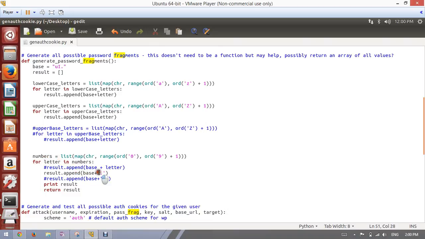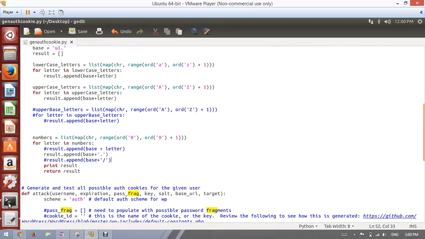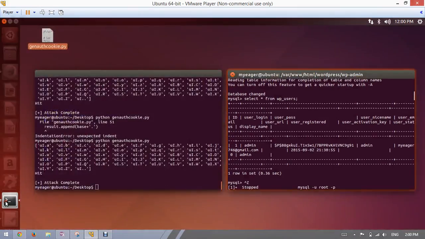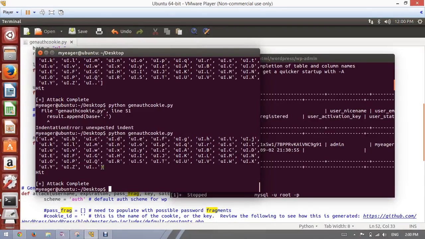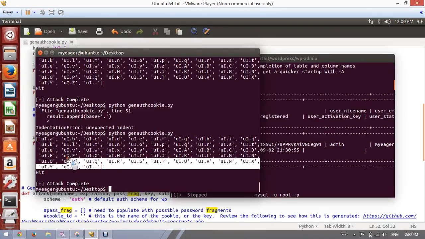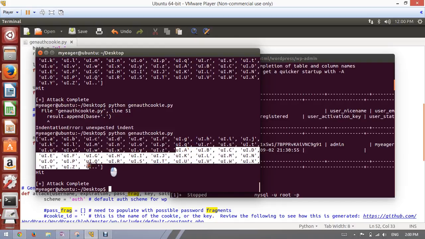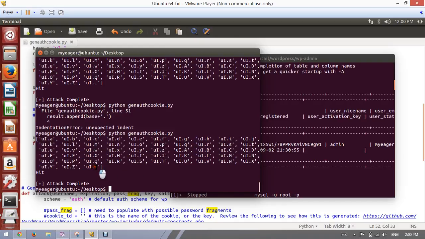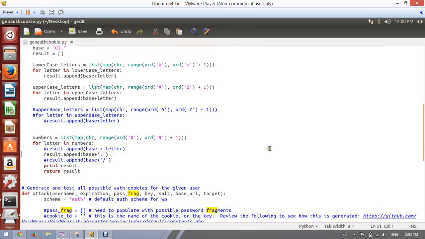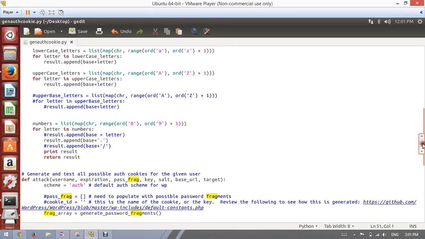But I'm still using the one that appends a period at the end, just to show you what that output looks like. When I did have it set to actually display the output instead of just say hit, it looks like this. You have your lowercase a going all the way through z, capital A going all the way through capital Z, and then just the period. Coming back to the program,